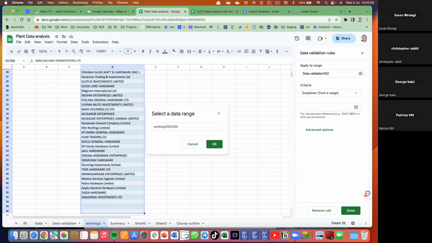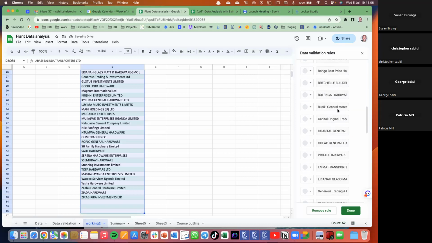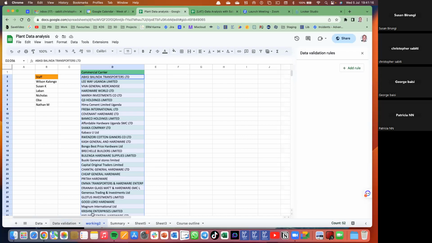If I want, I can add some blank cells for future purposes, and okay. So here they are, but I don't need to validate because I'm already picking from a reference that I'm already aware of, then I do done. So which means, by the way, you can lock this working sheet,